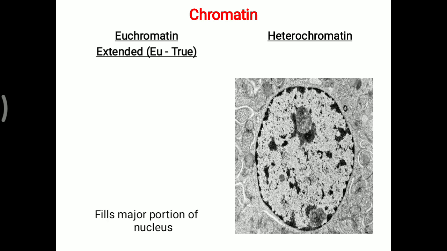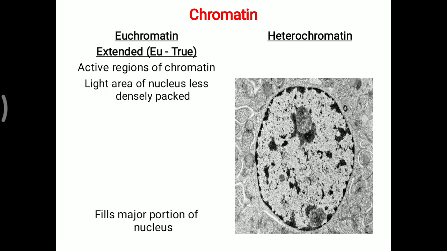Chromatin, that is considered true chromatin. This euchromatin makes up the active region of the chromatin, and in this picture, the light shaded area of the nucleus, less densely packed, is considered the euchromatin. These euchromatin are sensitive to digestion by the deoxyribonuclease enzyme, and it is around 1 lakh base pairs